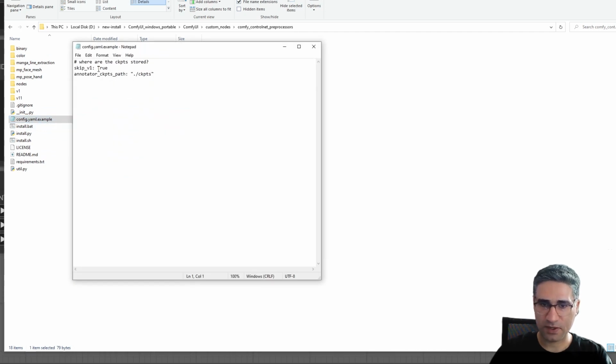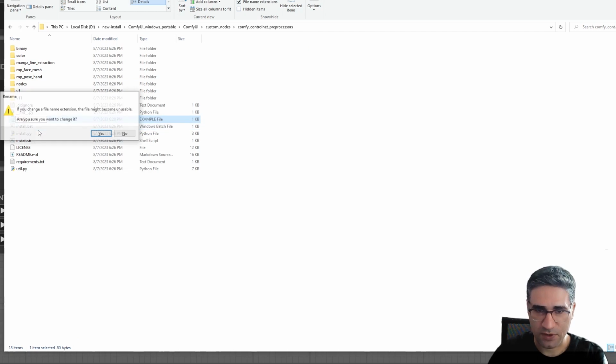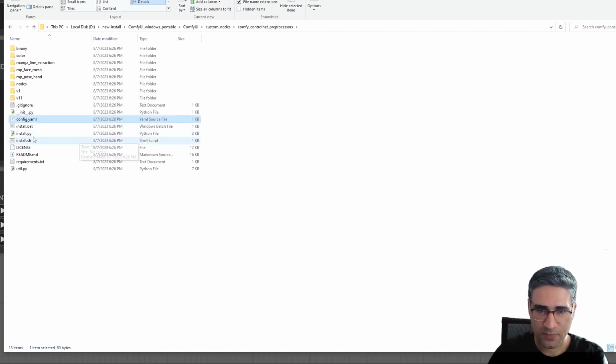Open that in Notepad. Okay, and change the skip v1 to false. Save the file and rename that. Remove the .example. Okay, so now we have the